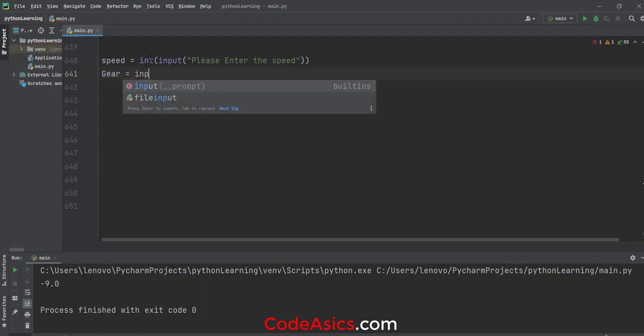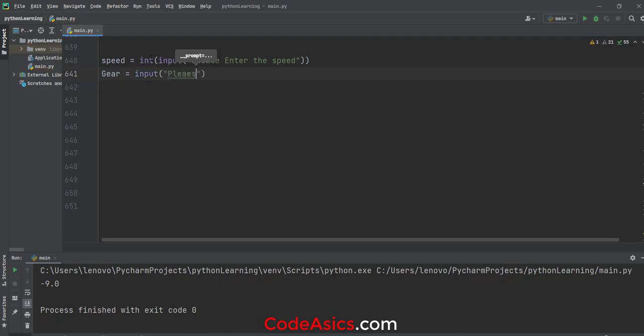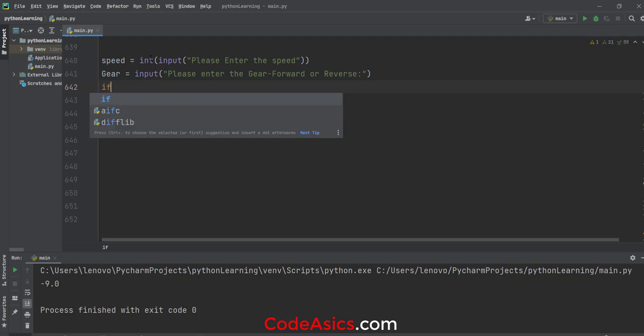Gear is equal to input. Please enter the gear. When I say gear, I'm actually pressing the button, right? Please enter the gear. So in the gear, you can say forward or reverse. So this is actually got. Now after getting these two things, I'm going to check if,